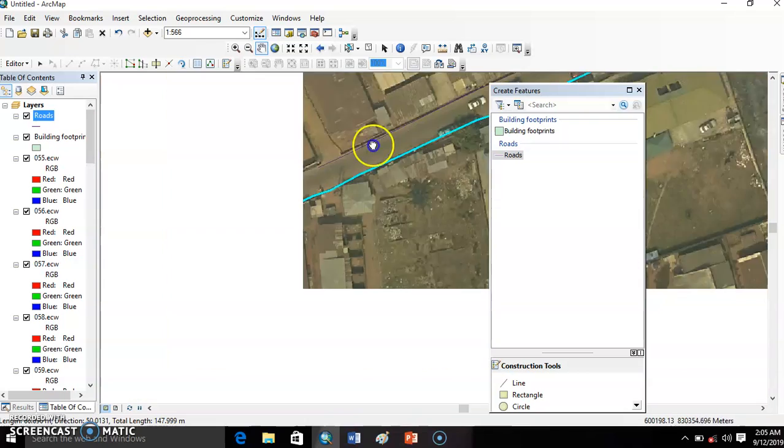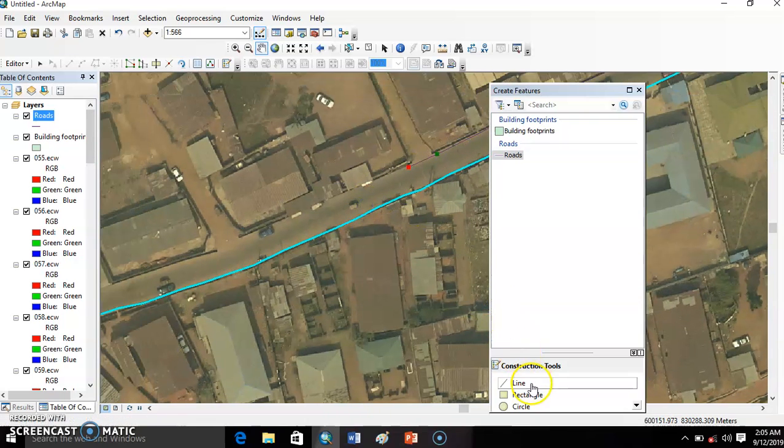You use your pan to move it to a convenient place so that you can continue to digitize, and that is how the data is captured, and then you have converted the data into vector.